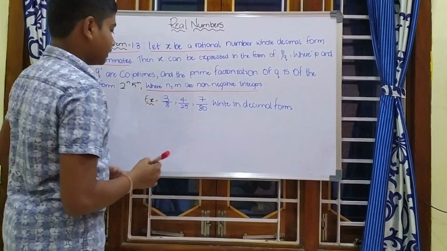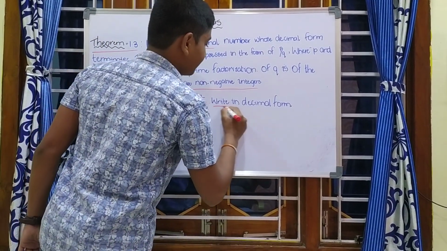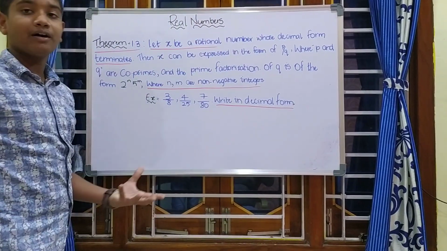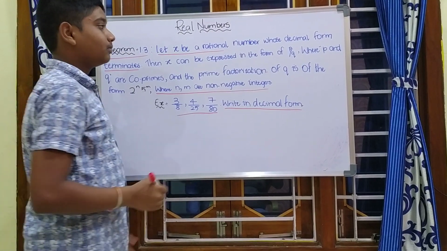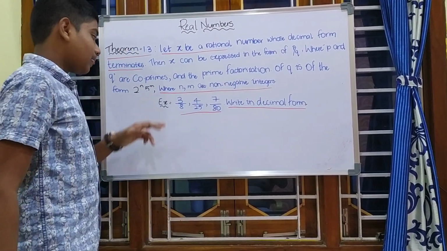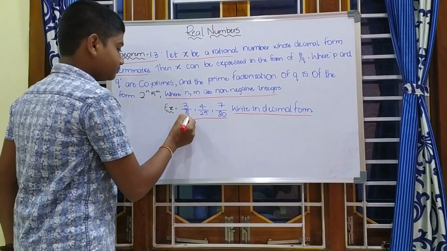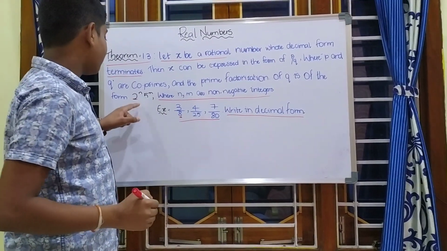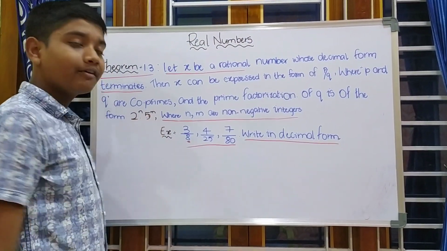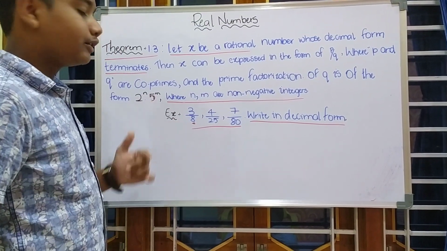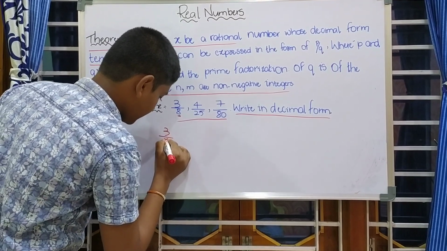Here given 3 by 8, 4 by 25, 7 by 8. Write in the decimal form without performing actual division. We have to write these in the decimal form. As per theorem 1.3, this is in the form of p by q. So if we turn q into powers of 2 power n and 5 power m, it will change into decimal form. Let us see. 3 by 8, that is equal to